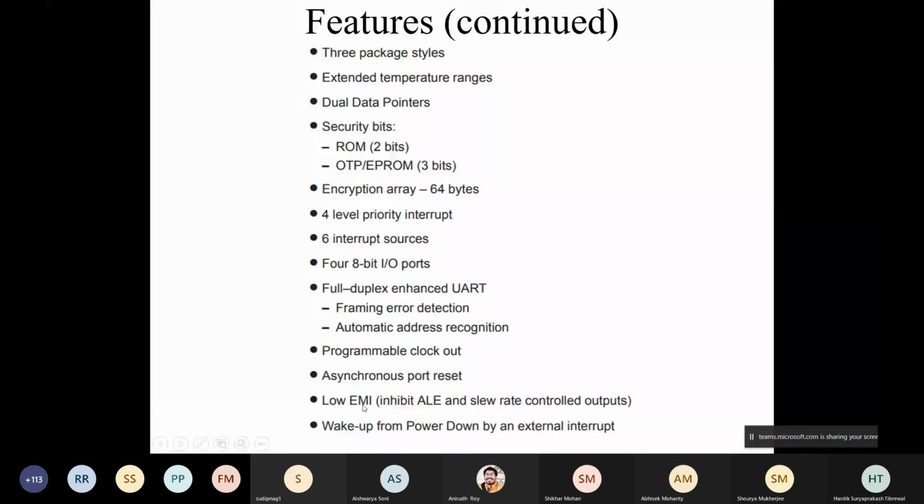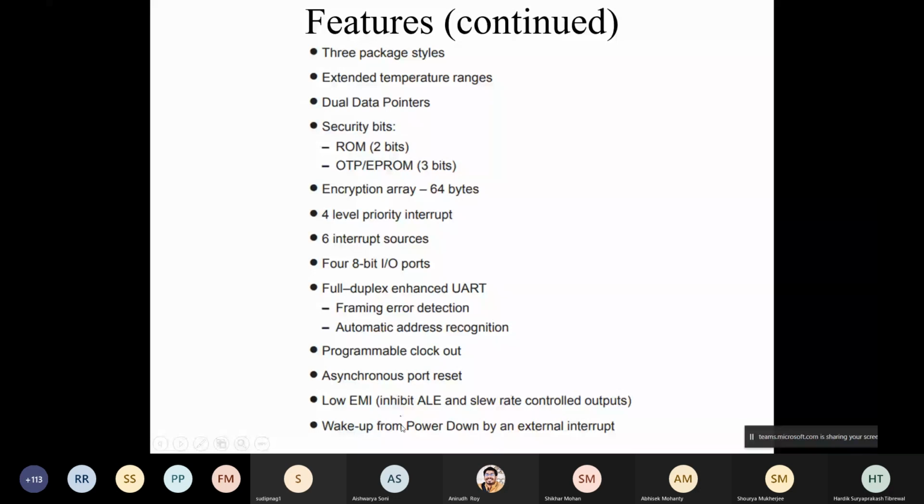Also, there could be a magnetic surge, not just an electrical surge. In the sense that if you keep your microcontroller directly next to a fan motor or pump motor for remote operation, then the sudden magnetic change should not affect it within a range. Obviously, it cannot be an indefinite or extremely high magnetic field. This EMI compatibility is important for space applications as well, which is a very important feature. And there are also other radiation hardening features available for certain microcontrollers.